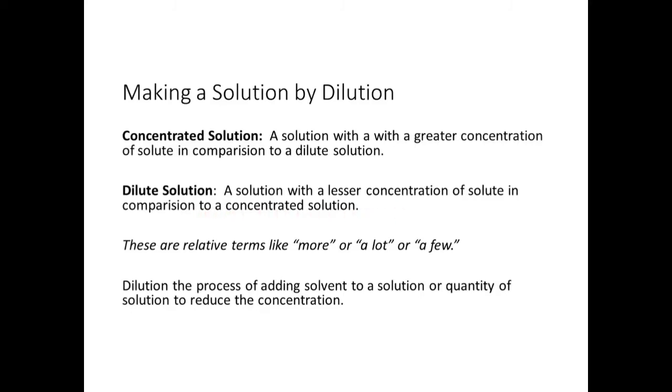In other words, these are relative terms, just like more or a lot or a few. Dilute and concentrated are used in comparison to other solutions or in comparison to themselves. There's no actual numbers attached with these terms. Dilution is the process of adding solvent to a solute to reduce its concentration. For example,